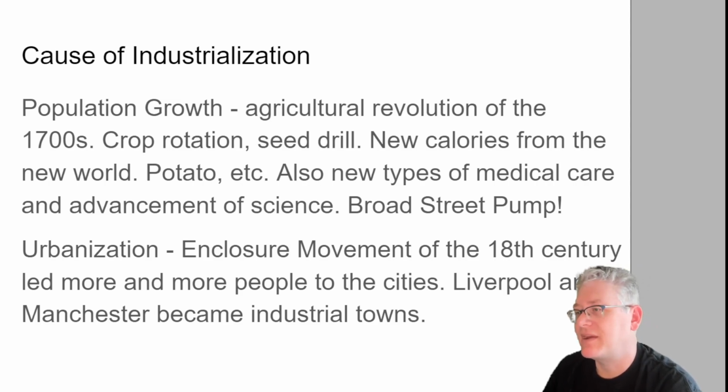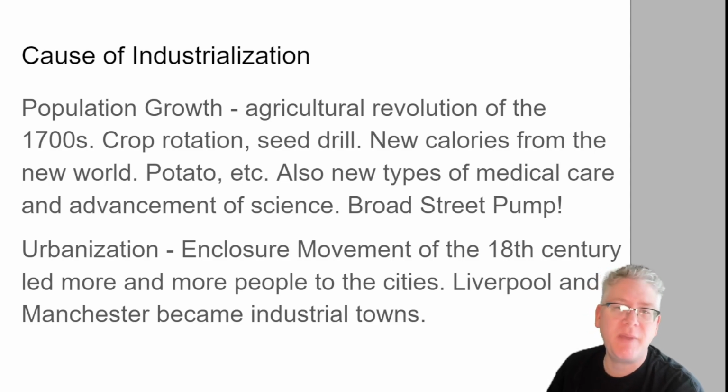Urbanization is also going to be a big factor here. We have this thing called the enclosure movement of the 18th century, which led more and more people to the cities. So what happens basically is that people used to be able to do small scale pig or chicken farming or whatever. They would be allowed to sort of let those animals roam. This isn't like a giant, 1,000 pig thing or whatever. It's like your family has 2 pigs and you let them go in the morning and they go eat people's trash and acorns or whatever, right?